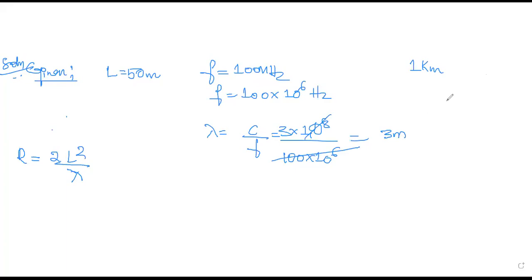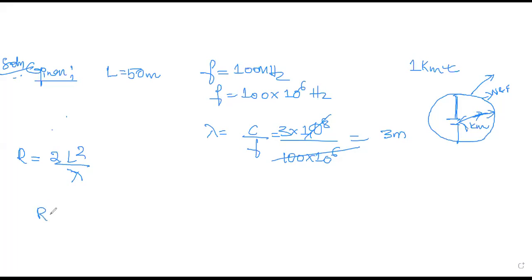Now see the question. A field is measured at 1 kilometer from the antenna. That means if this is an antenna, the field is measured at 1 kilometer from the antenna. But for the dimensions which are given here, this is the boundary between your near and far field. Whatever is beyond this will be far field, and near field is within this. A field is measured at 1 kilometer from the antenna. Is it far field or near field?